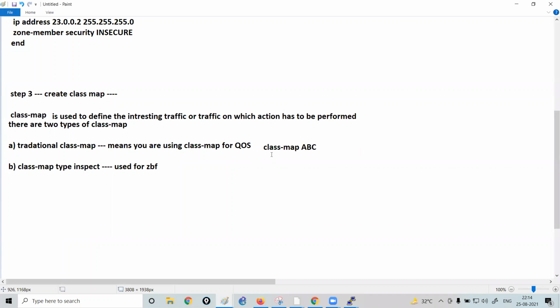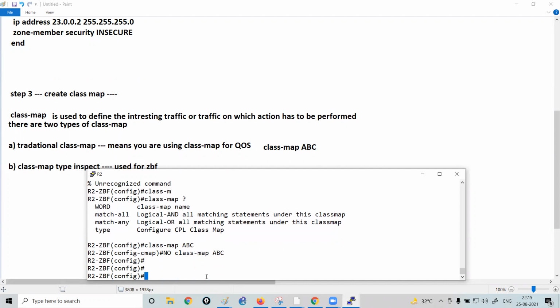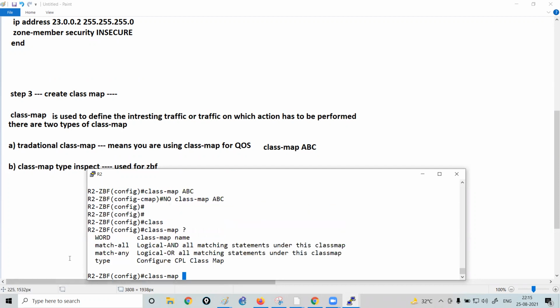Is it clear? This is your traditional class map. But if I would like to configure a class map for zone-based firewall, what I need to do, I will write the statement class map. Then you have the option to write type.